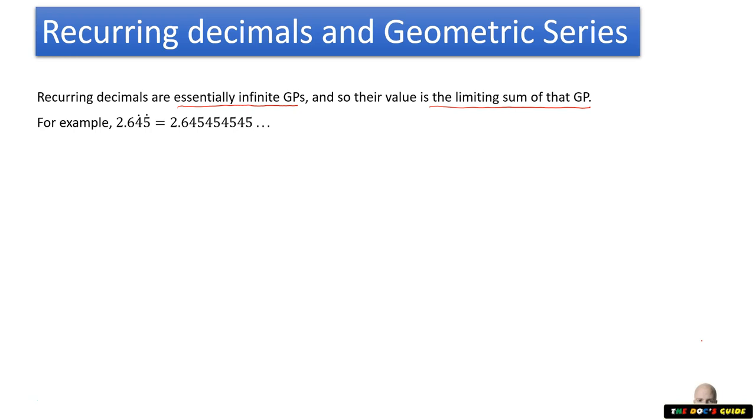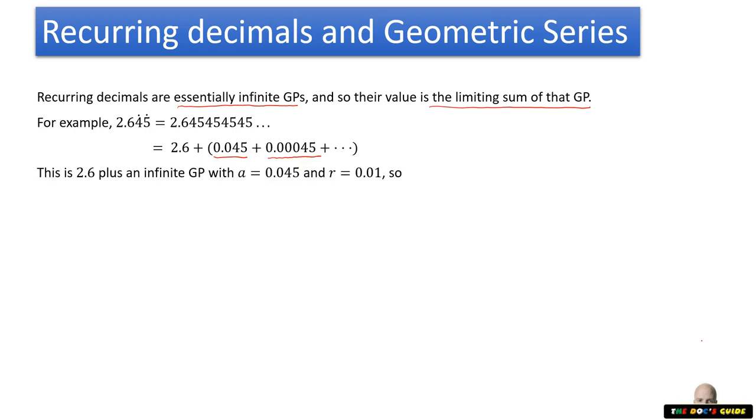But for the moment we're going to concentrate on just this recurring decimal pattern and using what we now know about GPs. So if we recognise that 2.645 repeater is this, then we need to break it up into decimals of our repeating section. So that's 2.6 plus 0.045 and then 0.00045 and so on. And you can already see the pattern, I'm sure, that what we have is 2.6 plus